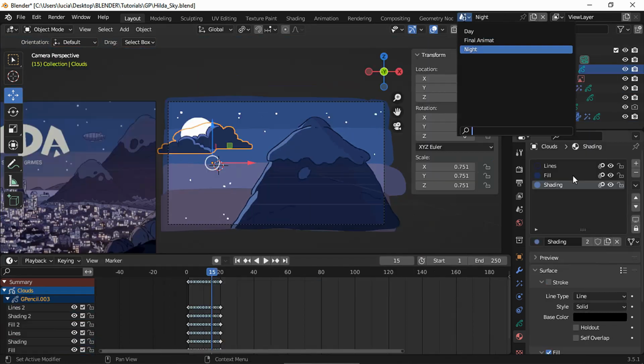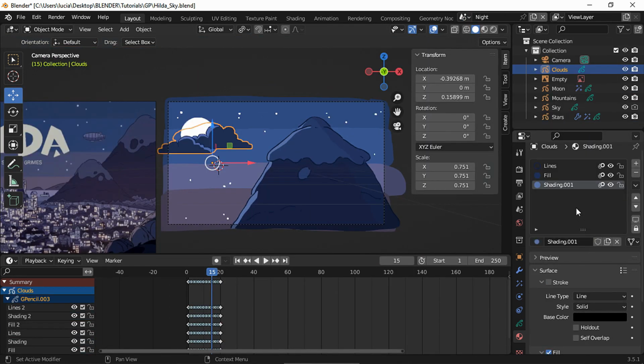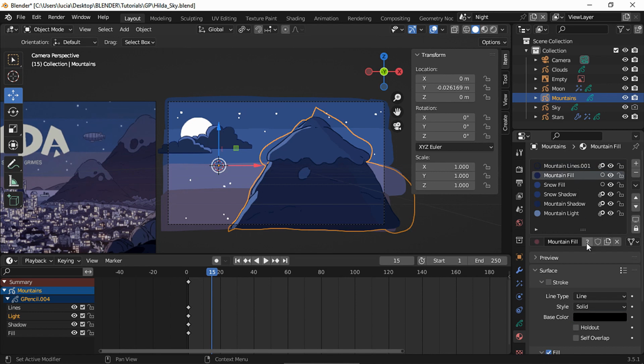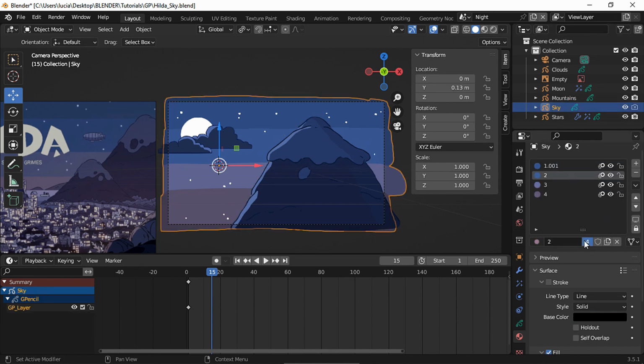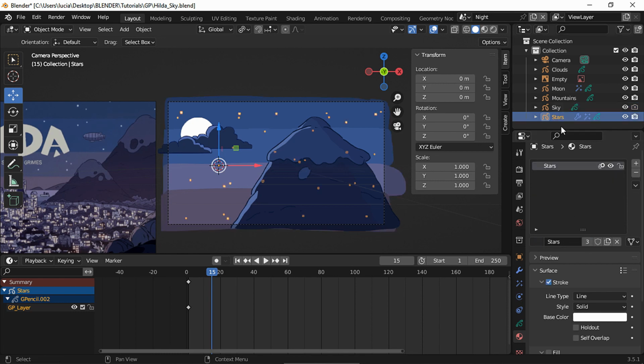Before animating the colors, I went back to the night scene and made all the materials I was planning to animate a single user copy, otherwise they would be animated in all the scenes where those materials were used.